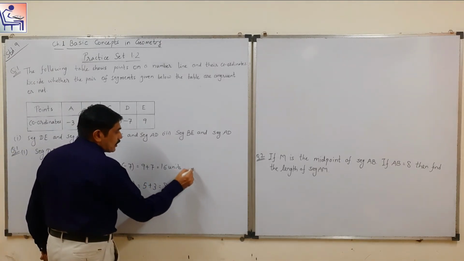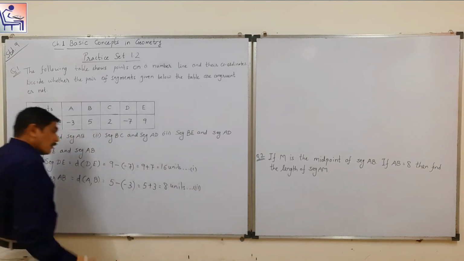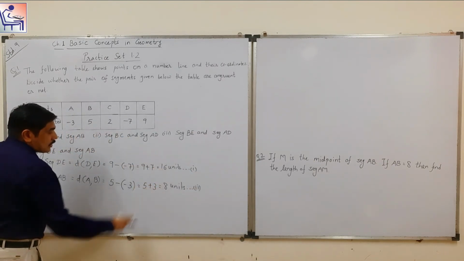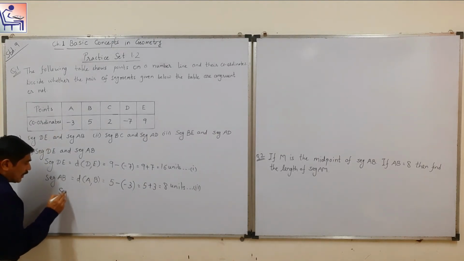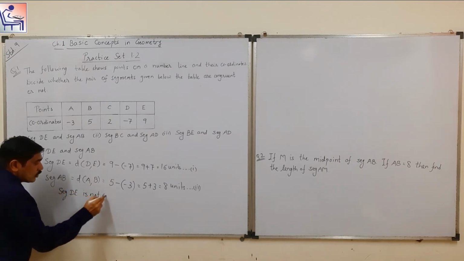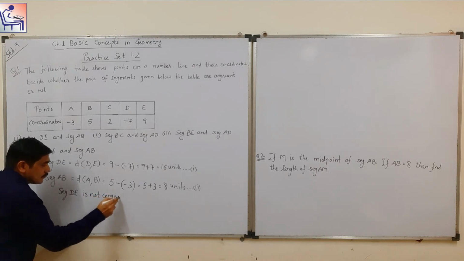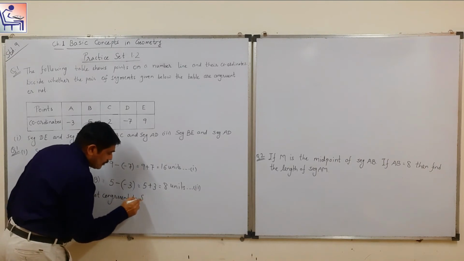Suppose this is your first and this is your second equation, we have to compare them. Here both are not equal, so we can say that segment DE is not congruent to segment AB